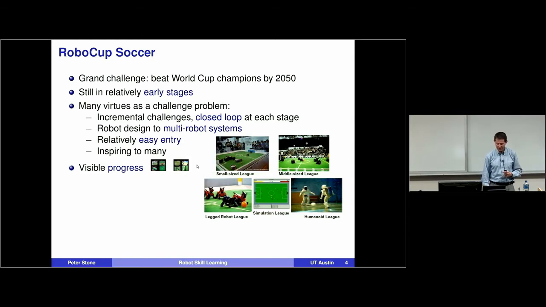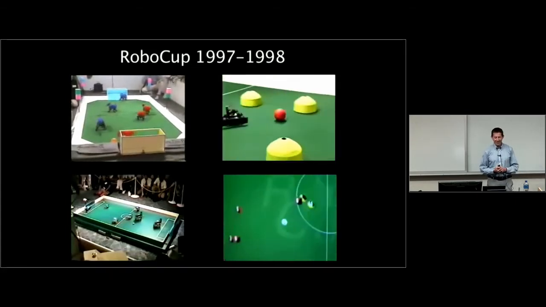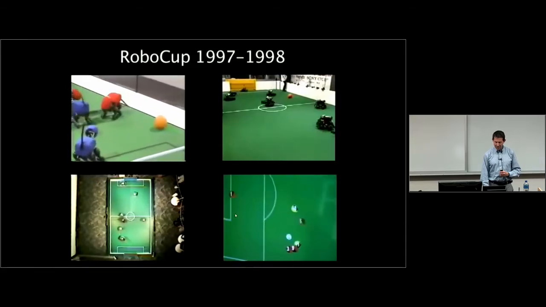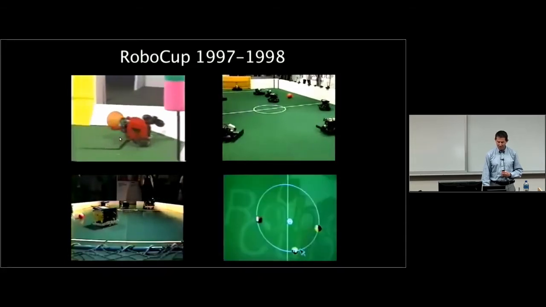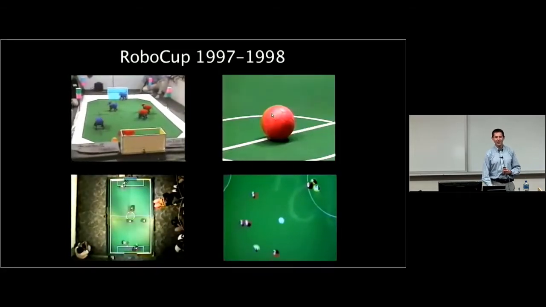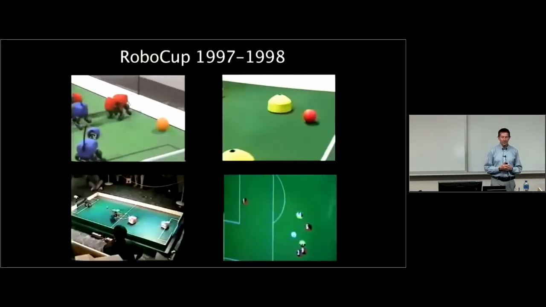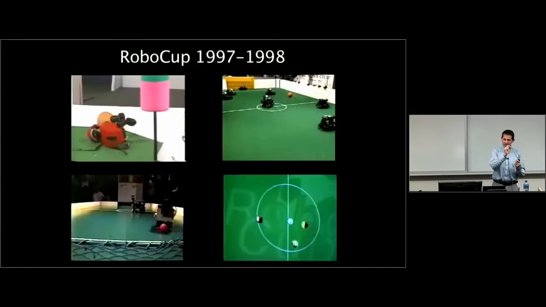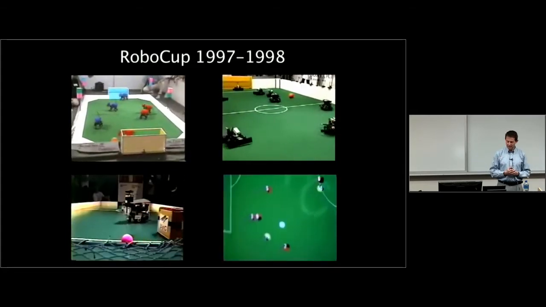Now, if I look back at them, and I'll show you what it looked like, it's a little bit painful to watch. The robots were very slow. They would fall over. These are four of the different leagues. So this is the early edition of the Aibo robots. But when they fell over, they would get up. Sometimes they'd run into walls. Some of these robots actually caught on fire during the competition. But in 1997, it was a huge achievement just to have multiple robots in the room, all perceiving, deciding, and acting in a closed loop. And you could do that already at that point.